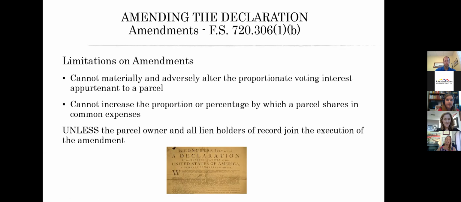So again, trying to get a lender to consent and sign on to a declaration falls into the bucket of an almost impossibility. So just be aware when you're amending your declaration or considering amending your declaration that you steer clear of any amendments that may fall into that category.